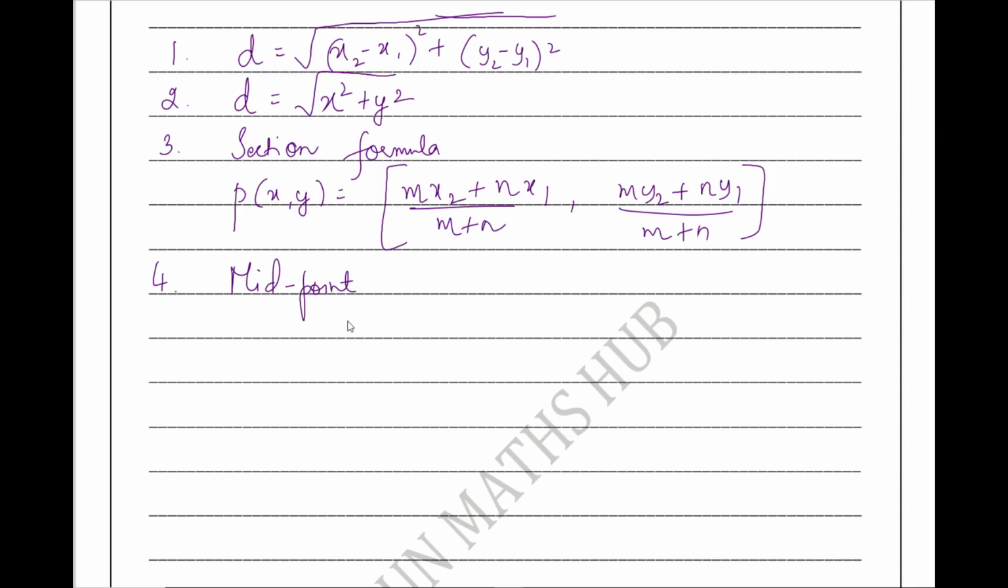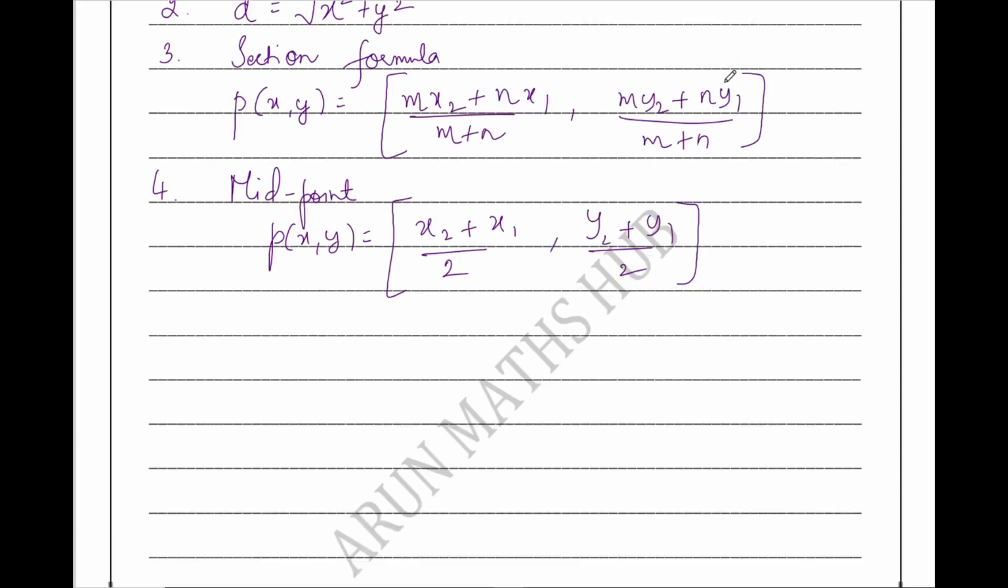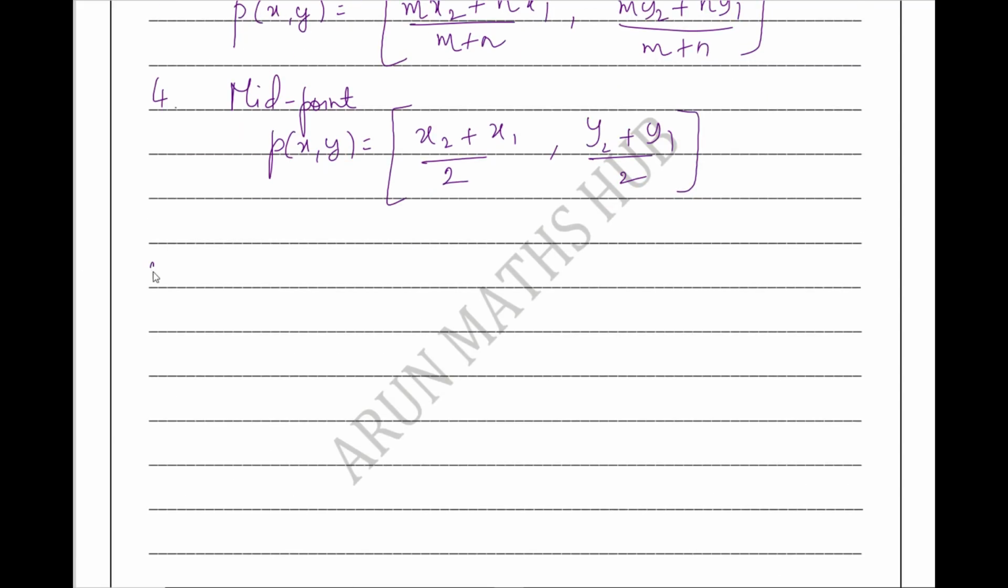The coordinates of the midpoint of the line joining the points is given by p of x comma y equals x2 plus x1 by 2, comma y2 plus y1 by 2. Next, area of triangle. Area of triangle, when the coordinates of the vertices are given, is given by the formula area of triangle equals